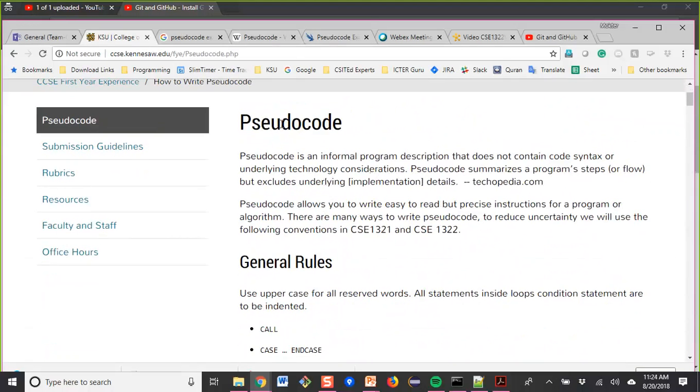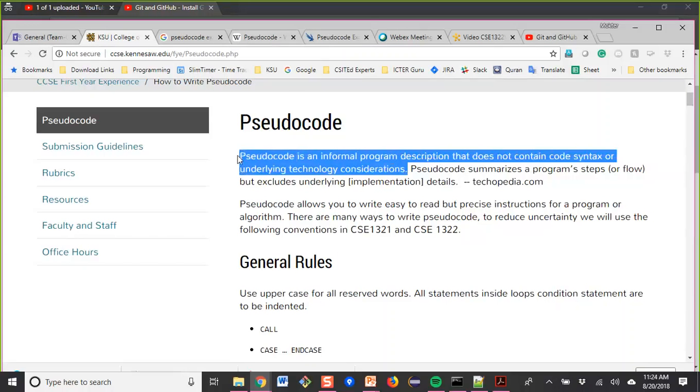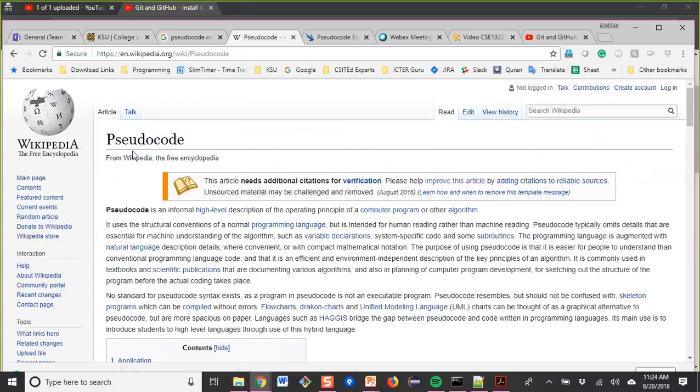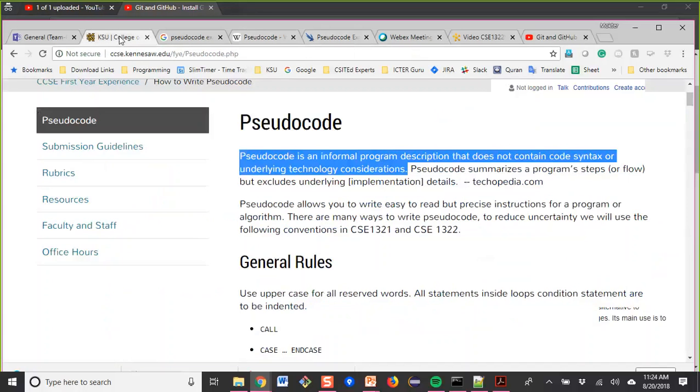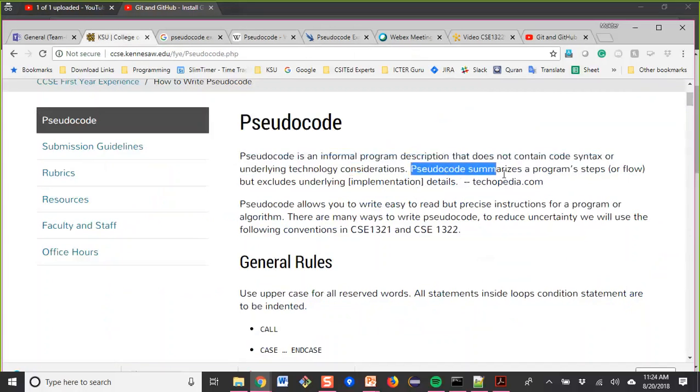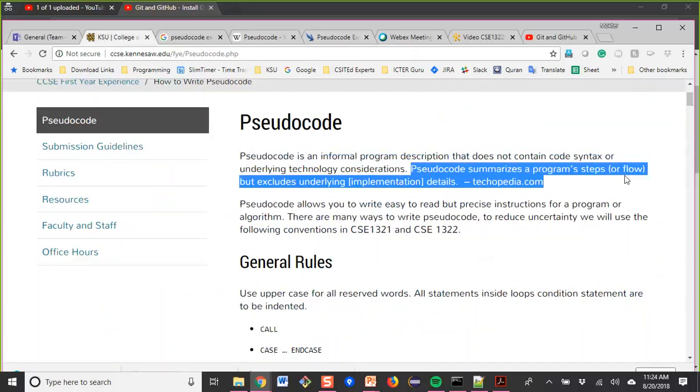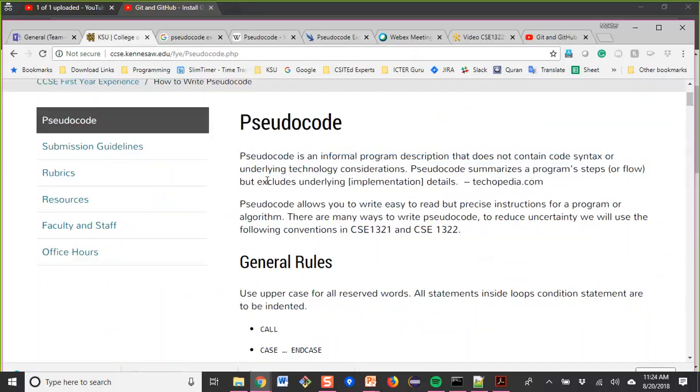On this page it says pseudocode is an informal programming description that does not contain code syntax or underlying technology considerations. This is the same thing we saw a minute ago on the Wikipedia page. It does not use any programming language. Pseudocode summarizes a program's steps or flow, but excludes underlying implementation details.